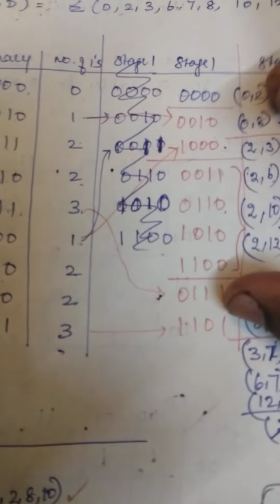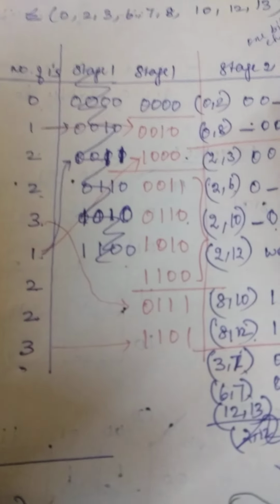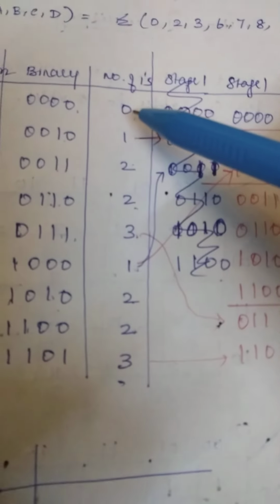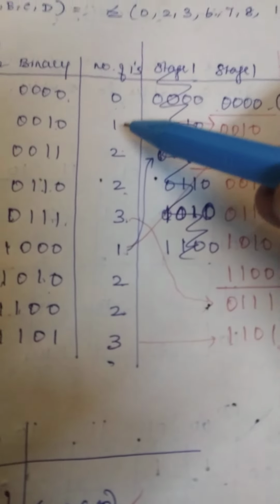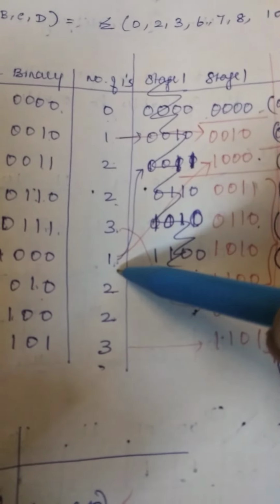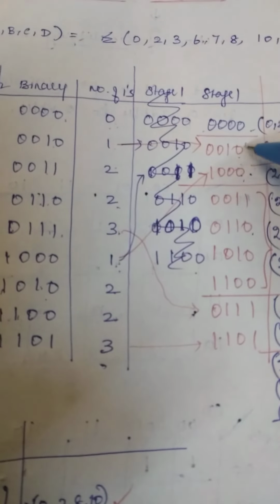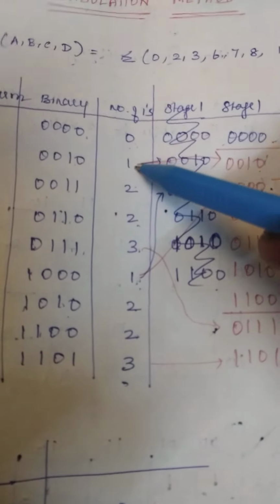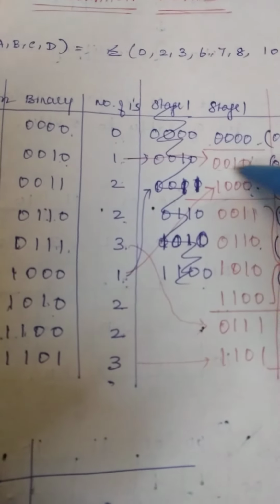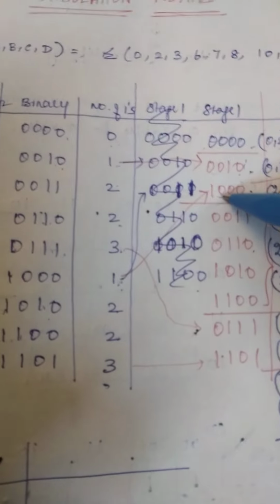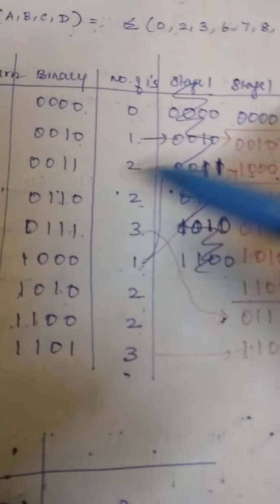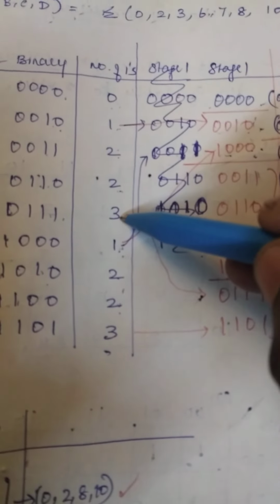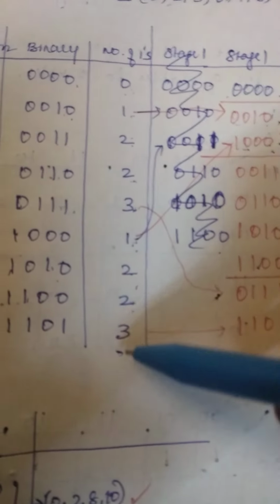Now we need to group. We will be considering some 3 or 4 stages. Stage 1: only the 1-one group is available, so you put all the zeros here, and 2 ones are available, so you group these two under one area. This one will represent 0010 and this one will represent 1000. Then the next grouping is all the 2s, 4 values, so you write all these 4 values here, and the last group will be the 3s. So here 1, 3 and here 1, 3. So you are grouping here.